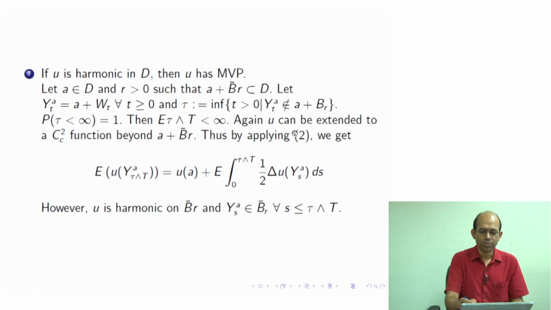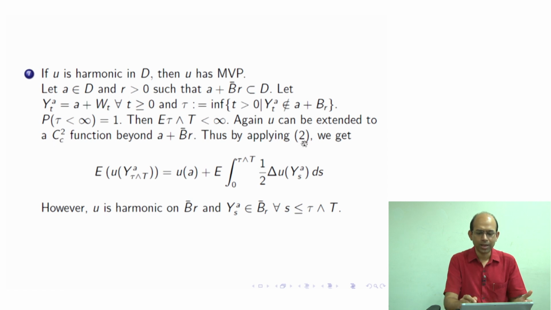We can do that, correct, because when you consider u on the domain D, we have shifted our concentration only to the point A and the ball around A of radius r. By not changing the function inside the closed ball, we can modify it outside to make it a continuously twice differentiable function with compact support. Okay, we can do that.